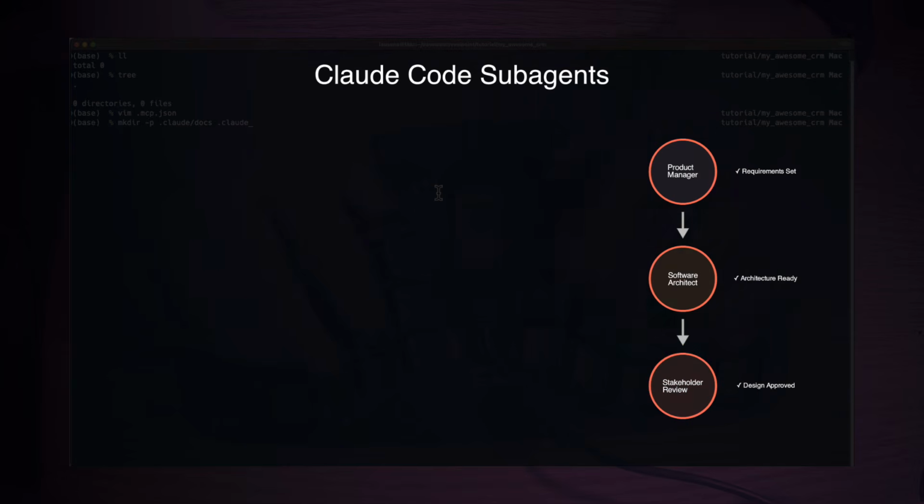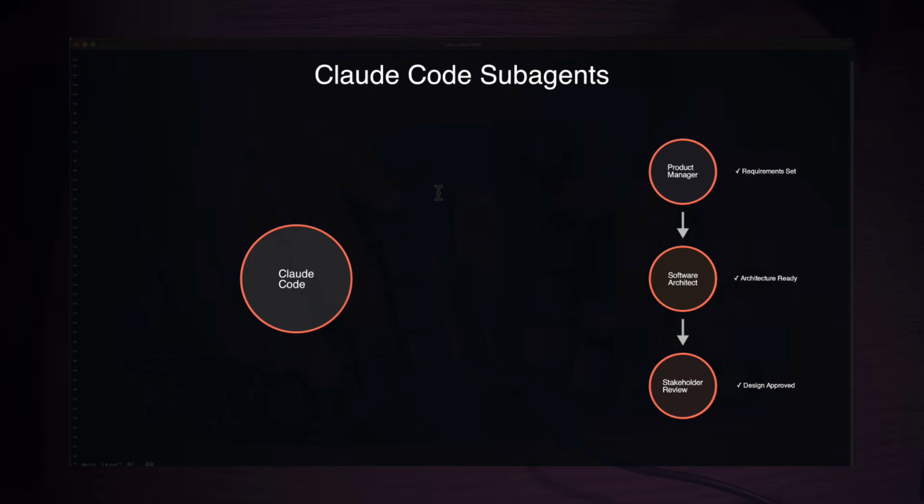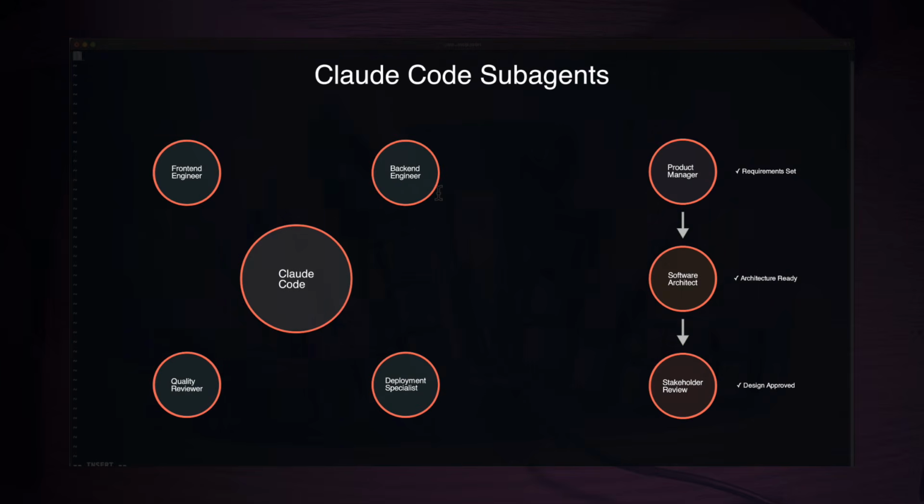In my project, you'll see I'll use subagents across the full SDLC. For planning, I'll have a product manager to gather requirements, a software architect to design the system, and a reviewer to double-check the specs and design. Then comes implementation. Here I'll spin up a Backend Engineer subagent to handle APIs and databases, a Frontend Engineer to handle the UI, and a deployment engineer to get everything live, and of course a reviewer to keep the quality